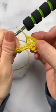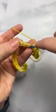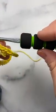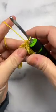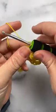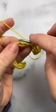So that's your first lacy shell. And then you're going to skip 2 more stitches and work a single crochet. So we're going to skip this one and work a single crochet. Oh, and if I forgot to mention, I'm using a 3.75 millimeter hook. And I've got my little grips on it here that I like to use all the time. Because I like to just use these Susan Bates hooks, and I put these little grips on them to make them more comfortable. So skip 2, and then we're going to work another one of those lacy